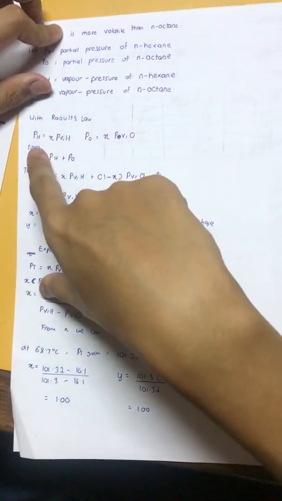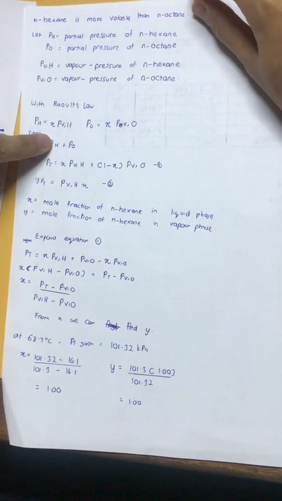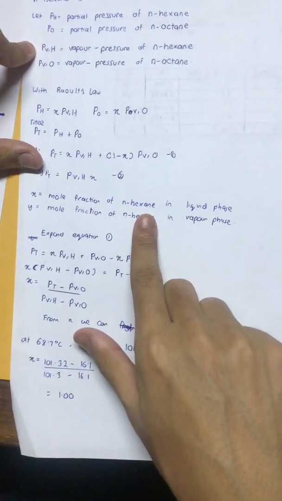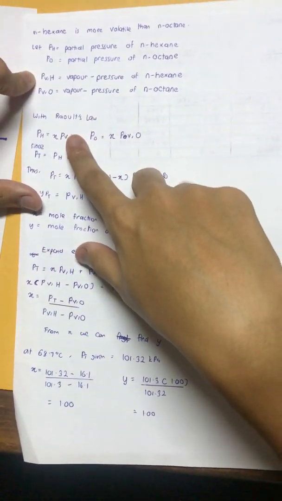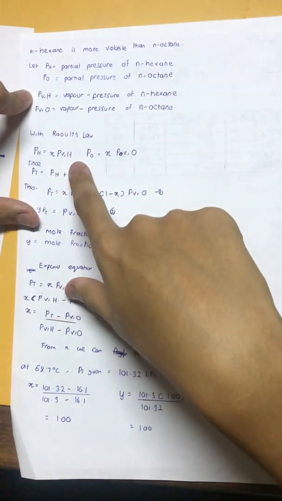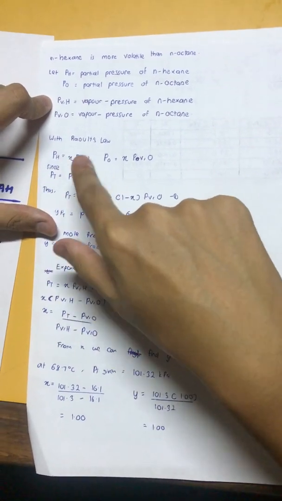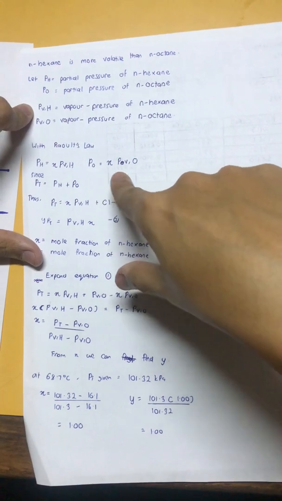So this is Raoult's Law. It states that PH equals X, which is the mole fraction of N-hexane in liquid phase, times the vapor pressure of hexane. That is the partial pressure of N-hexane. So PO is the same thing, partial pressure of N-octane times the